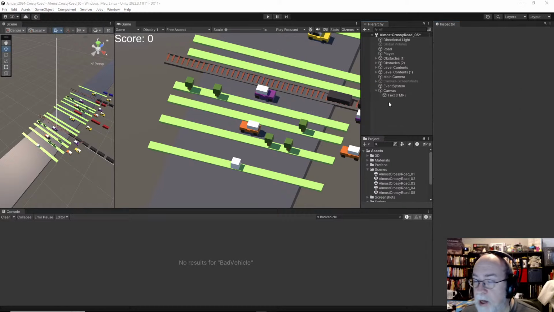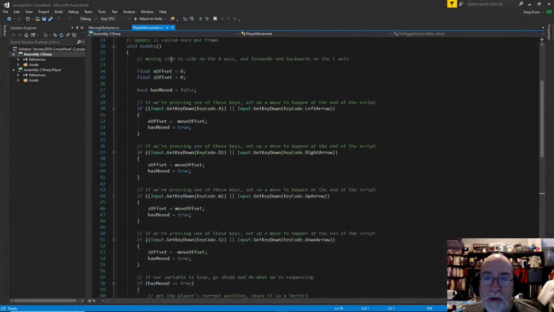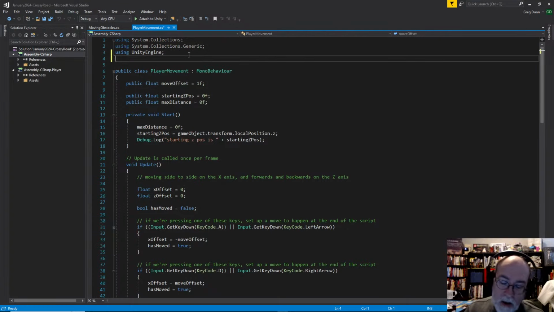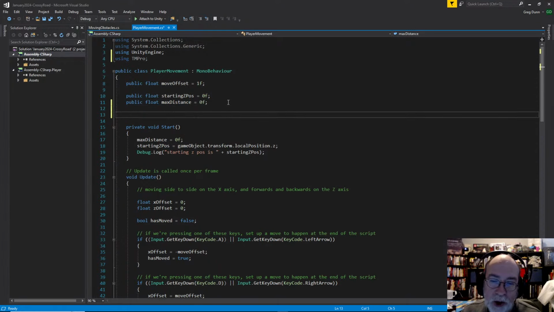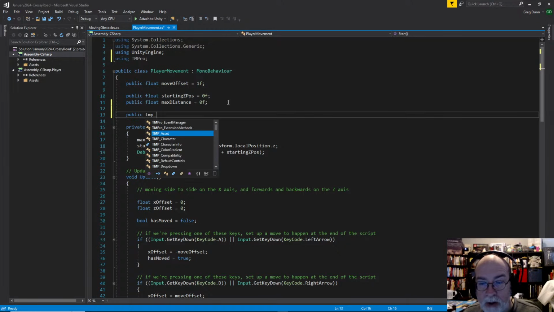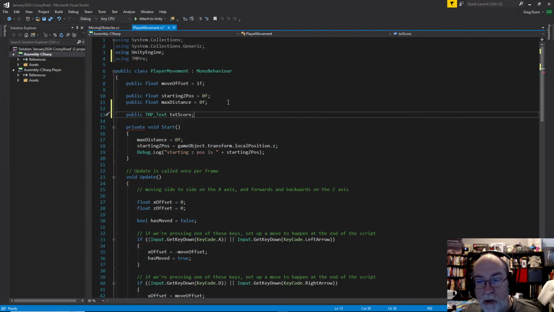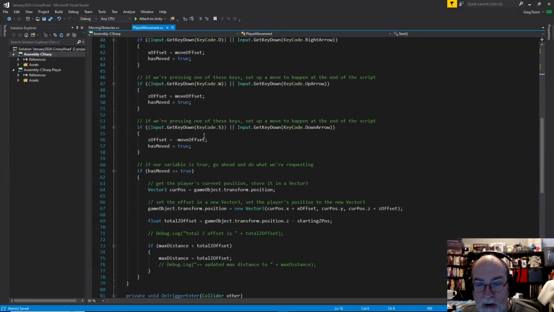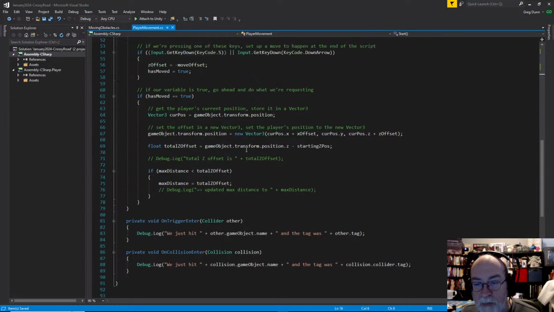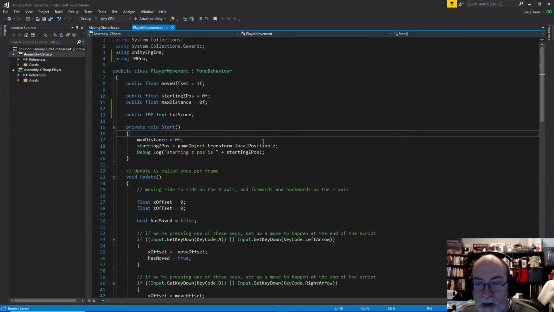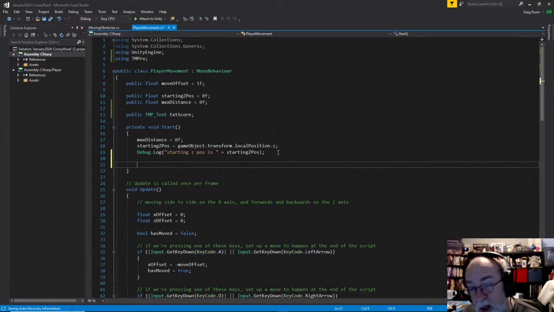And now to edit that from code, come to player movement, and I'm going to need to be using TMPro, so that's the namespace for Text Mesh Pro, and then a public TMP_Text. Call it text score. Of course, you don't have to name it like that, but that's a throwback way in the day. All right, and so we don't need to update the score constantly. You probably want to do it at the beginning. So text equals